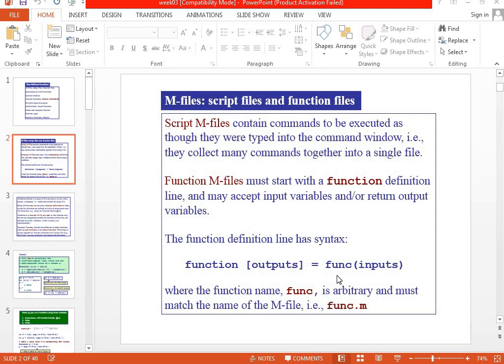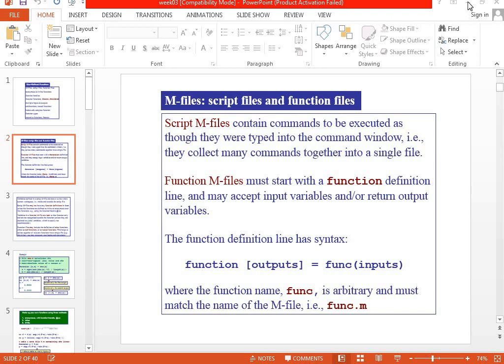If your name is Akash, you can create an Akash function or a college name function or any name. This is arbitrary, but the definition has a minimum of one input and one output. It can be more than one output and more than one input.